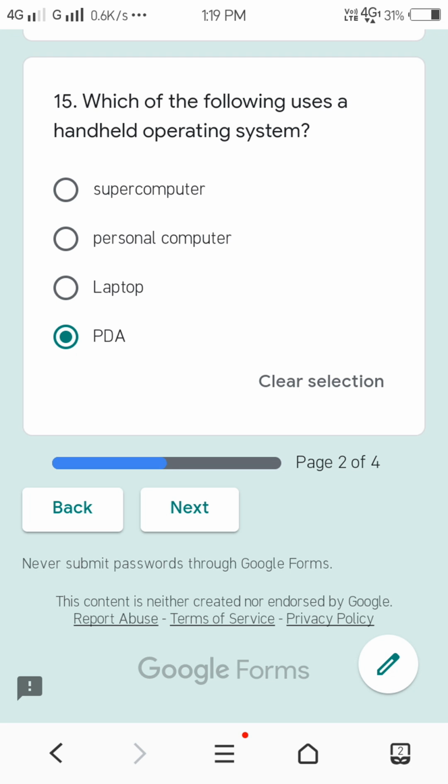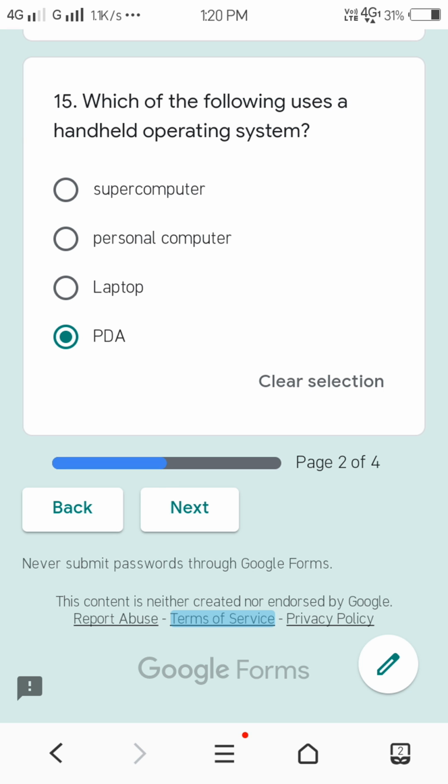Dear students, this time some question papers like mathematics, physics, chemistry, computer science contain multiple images of questions, and these multiple images take too much time to display in the question paper. That's why we broke down the second section into multiple subsections. Like in the first subsection, the first 15 questions will be displayed, and when you click on the next button, the next 15 questions will be displayed.